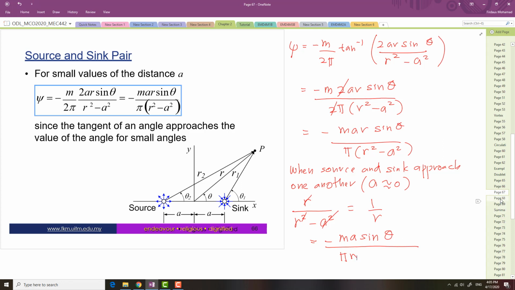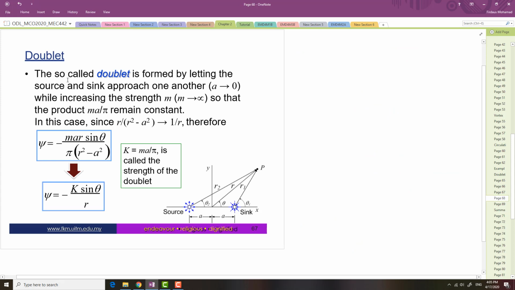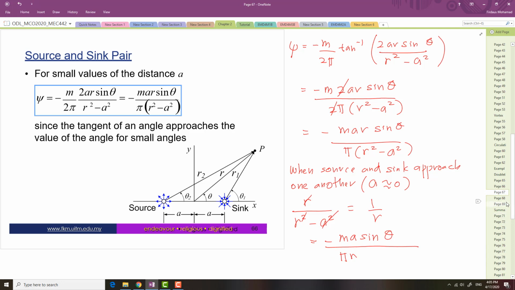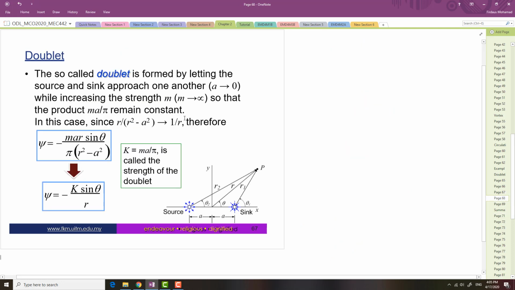Okay, so next slide. When the so-called doublet is formed by letting the source and sink approach one another, a approaching 0, while increasing the strength m must be increased, so that the product of m a over pi remains a constant. So in this case, since r over r square minus a square is now equal to 1 over r,